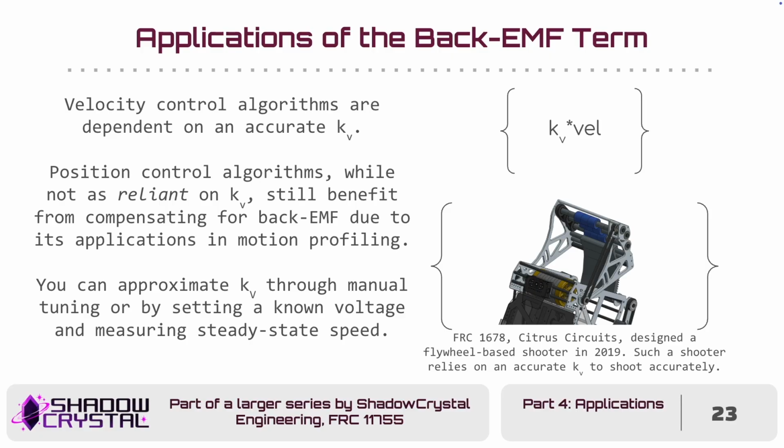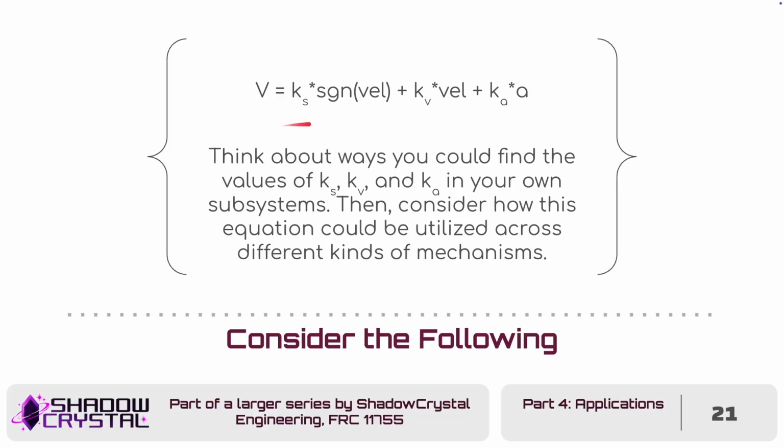Now, Kv can be approximated through a manual tuning method, for example, just using your motion profile and tuning different values of Kv to see what does best. Or you could set a known voltage, especially with a velocity-controlled mechanism, and then measure your steady-state speed. So what you can do is treat this component of the equation almost like a y equals mx plus b plot. This is your m, this is your x, this could be your y, and this could be your b,